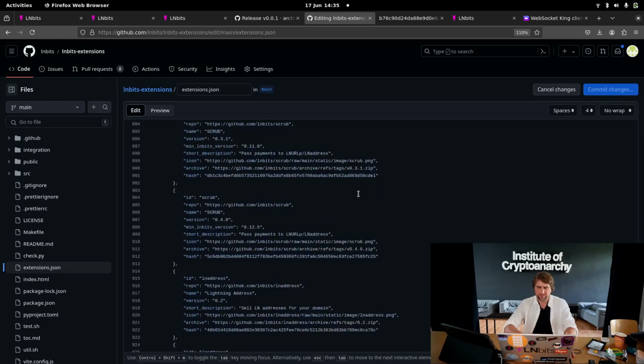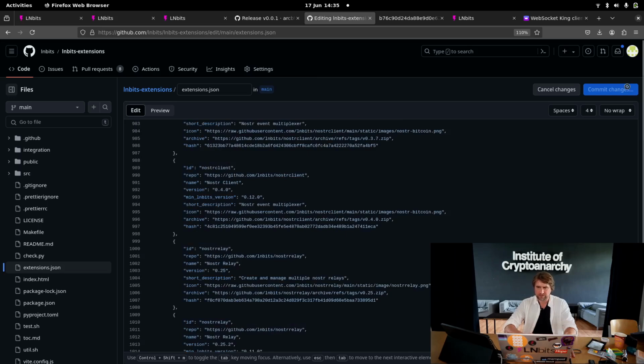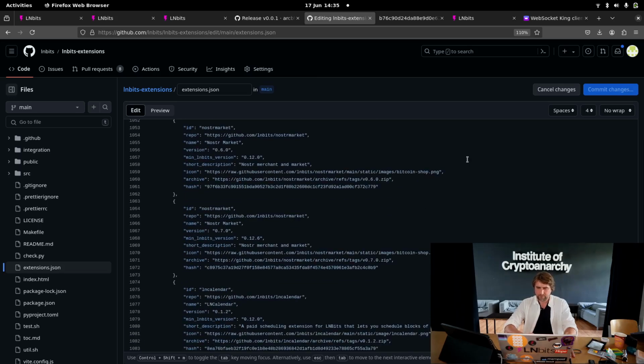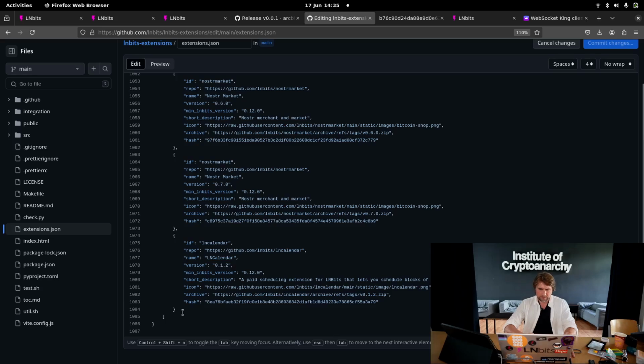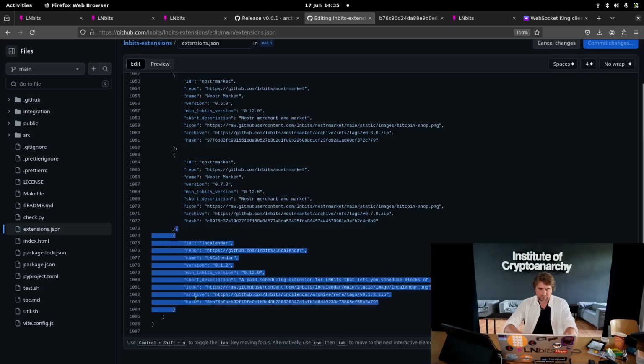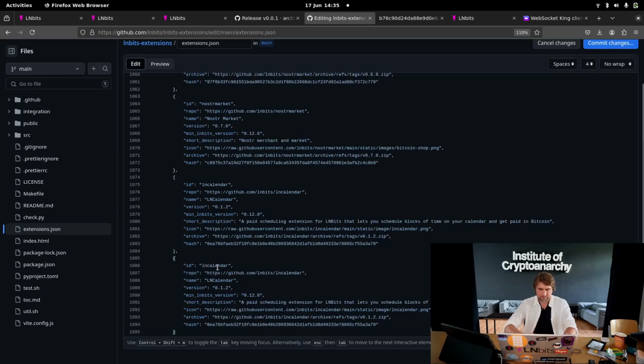I think it will create a fork when I commit changes. Okay, so if we go here, we'll just copy one of these. Right, so the ID is 8ball, and the GitHub is 8ball arcbtc. 8ball. And then, yeah, runs with the most current LNbits version, short description,